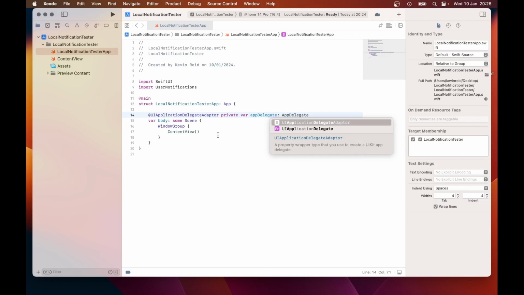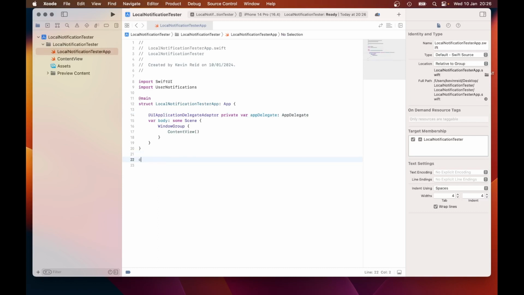And the purpose of using UIApplicationDelegateAdaptor is to incorporate a custom app delegate into the SwiftUI application so that we can use the traditional app delegate that's in UIKit. So to use the traditional app delegate that's in UIKit, we need to create a class. It's called AppDelegate. So class